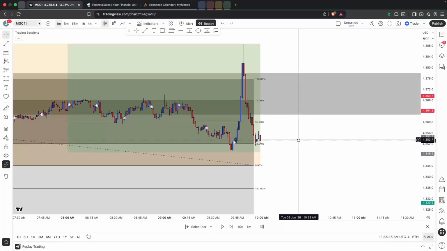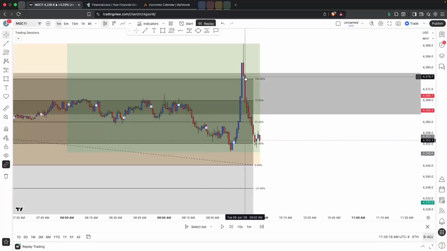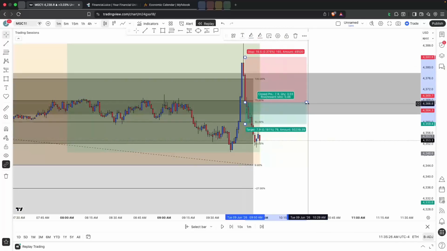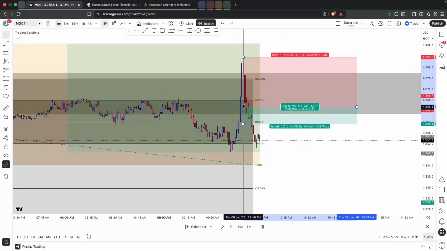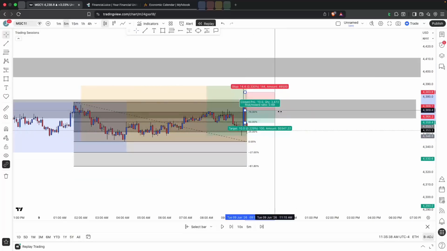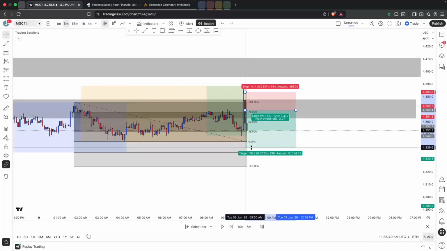I remember this day. This is where I should have entered. This is where the entry should have been. After seeing even this strong push down, you could have entered here. Just knowing that price probably isn't going to come all the way back up here, and then push down after the strong liquidity sweep. Could have entered anywhere here. TP realistically could have been,